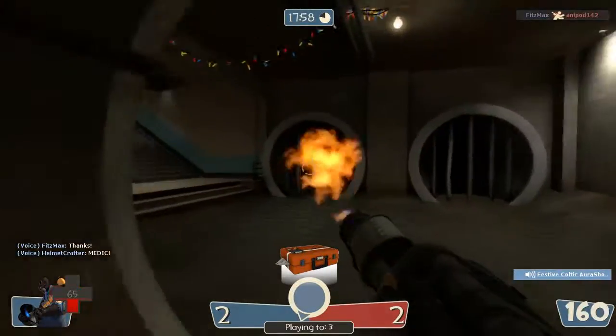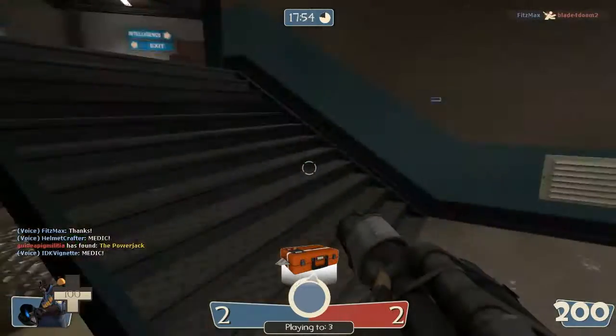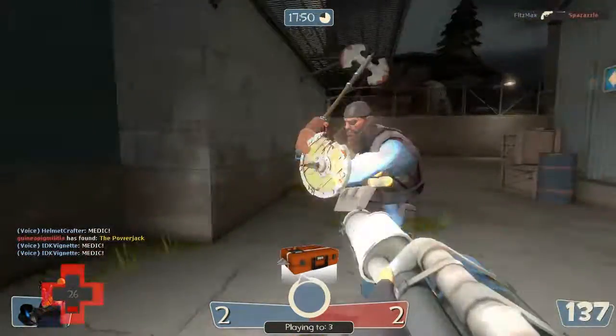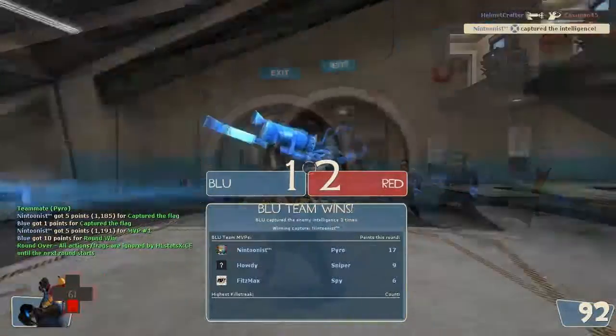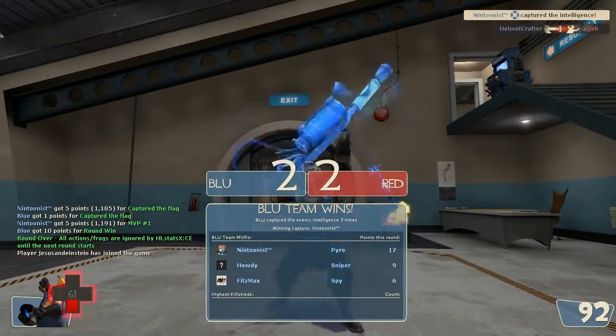And that weapon I was using right there is the Festive flare gun, which I believe is long overdue. I thought they were going to do that in the Smith's update last year, but they didn't. They never added that. I don't know, they should have added that sooner, but I'm not going to complain about it. Just going to cap the intelligence one last time here, with a smile on my face, and that is going to be the end of this long